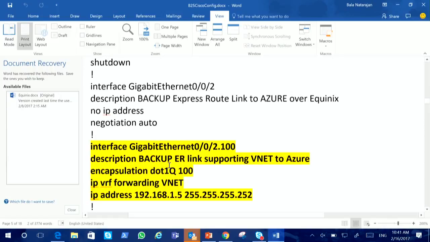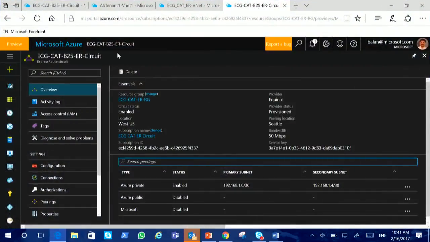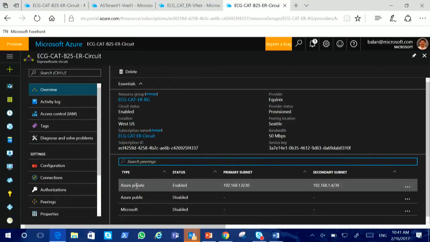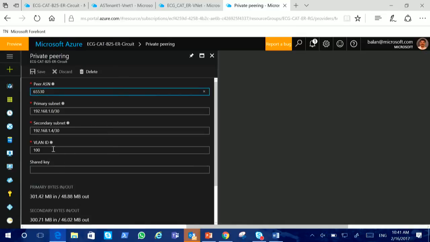Whatever you set in your router, the same thing you have to use on your provider's side, and whatever VLAN ID you use for your private peering, you are going to use in the portal also. So let me look at the portal private peering settings.